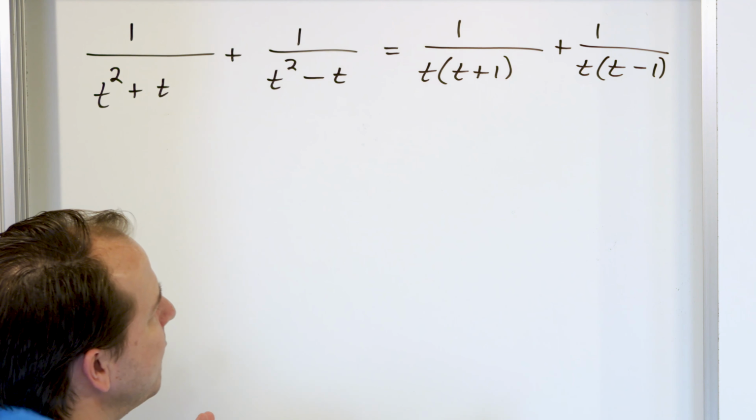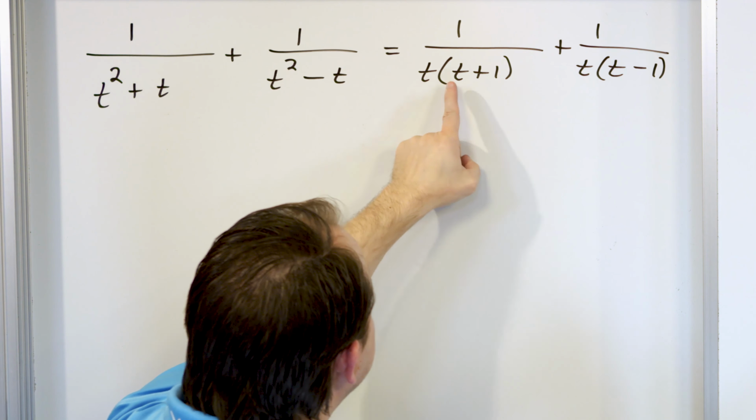So I'm going to shoot for my common denominator to be the following. T times t plus 1 times